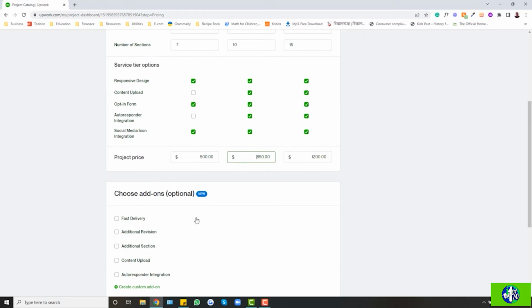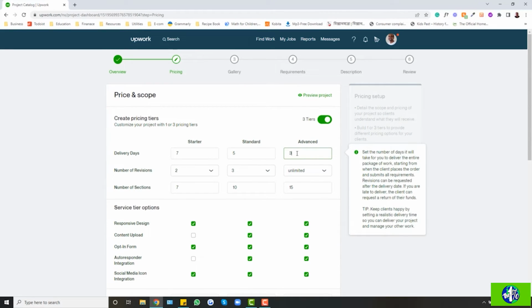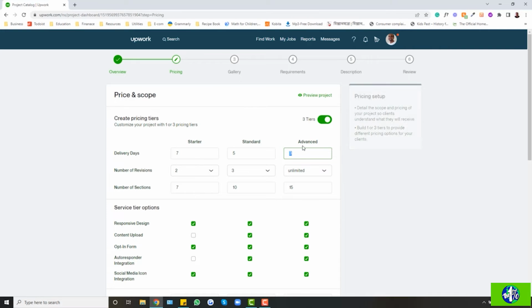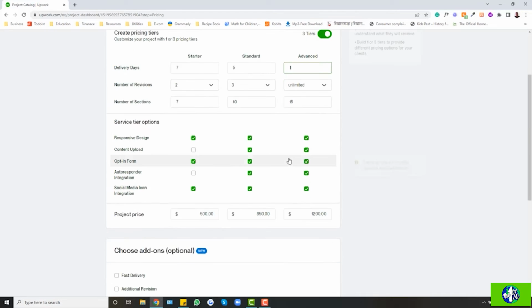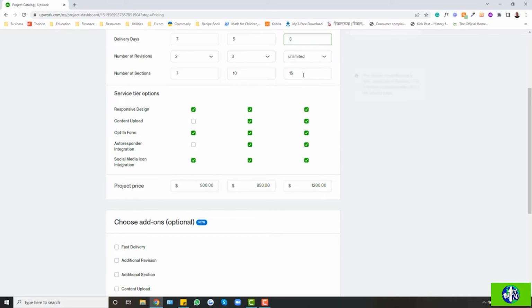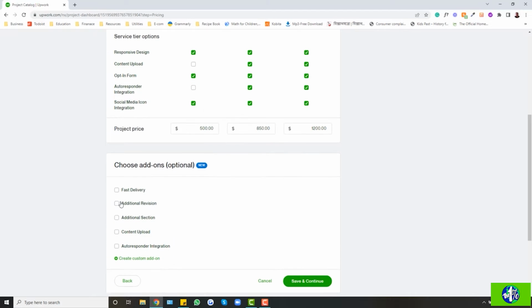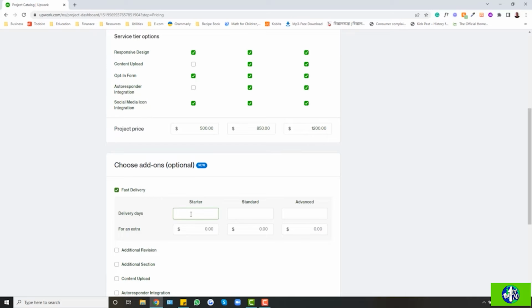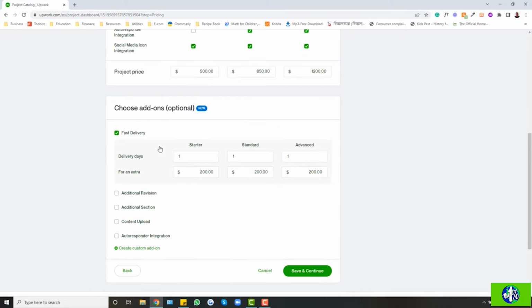Add-ons means, for example, the delivery you selected here for the advanced section is 3 days delivery, right? But suppose the clients need it in 1 day, so they can choose the add-on. So you can add fast delivery, and the delivery days you can put 1 for all of them, and suppose you can add $200 extra for this kind of faster delivery. So you can set add-ons like that, and then